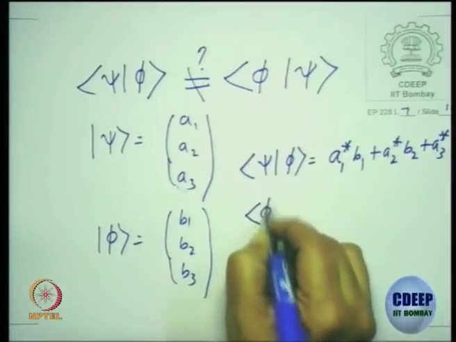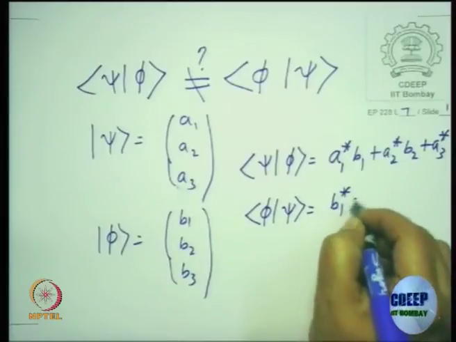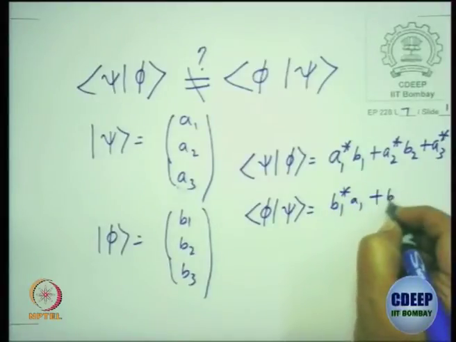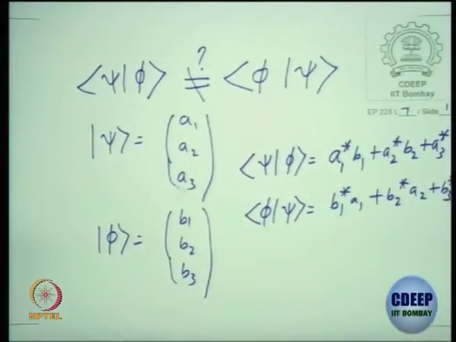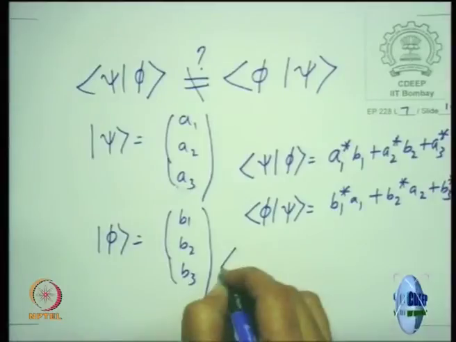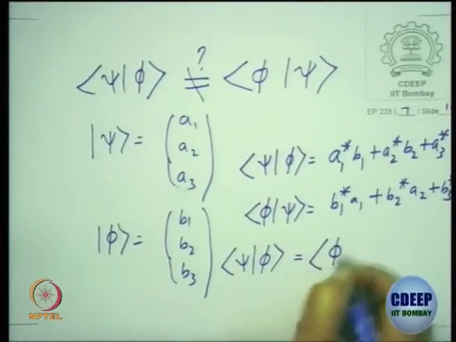What is phi with psi? B1 star A1 plus B2 star A2 and so on. So what do we see from this? Psi phi